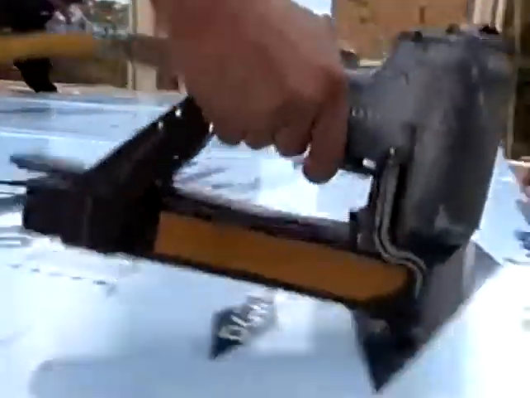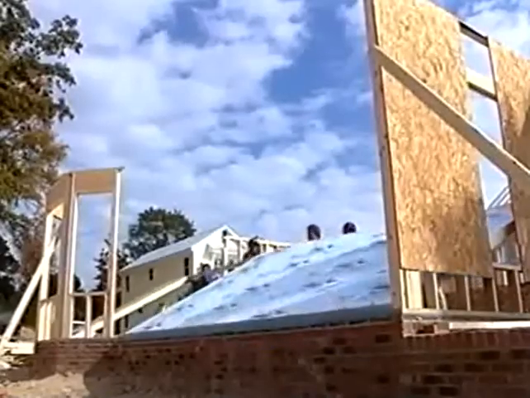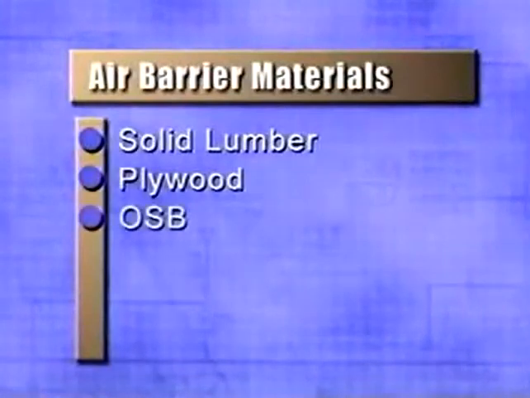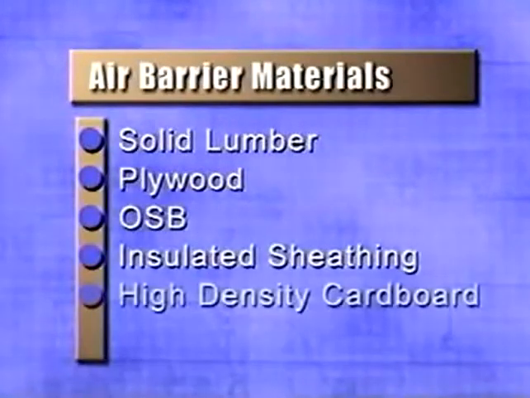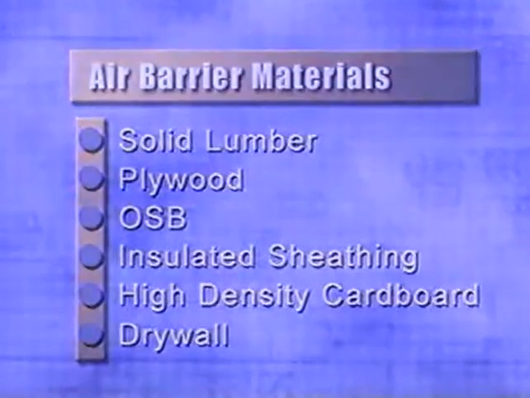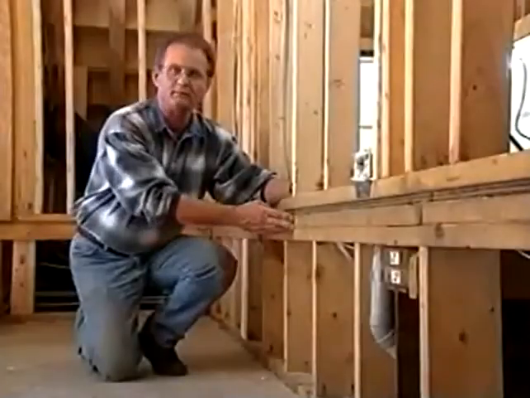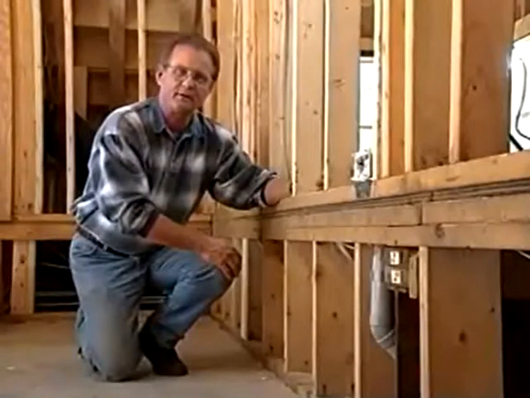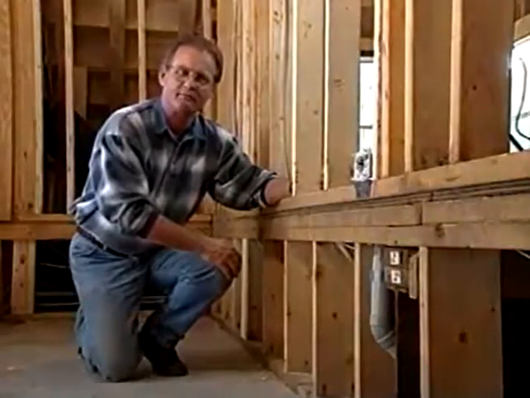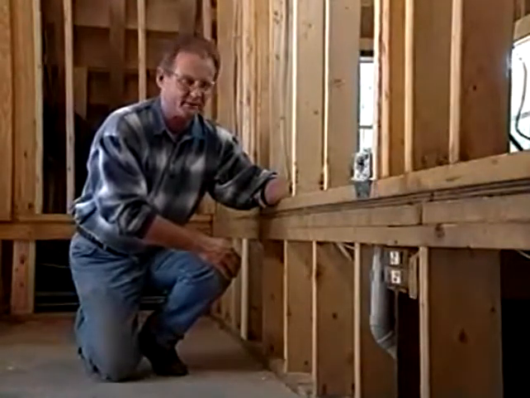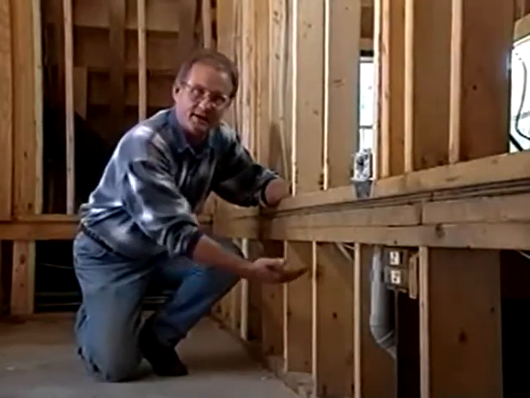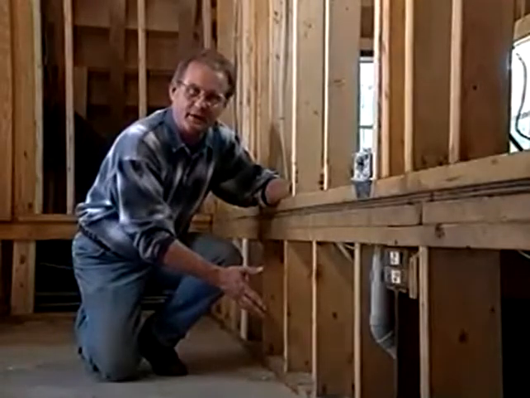Sometimes air barriers are installed by framers and can be made out of a number of different materials: solid lumber, plywood, OSB, insulated sheathing, high-density cardboard such as thermoply, and even drywall can all act as an air barrier. No matter whether it's the wall, a ceiling, or a floor, it is critical that we determine the location of the air barrier. Often, many trades think that placing insulation between the inside and the outside creates an air barrier,